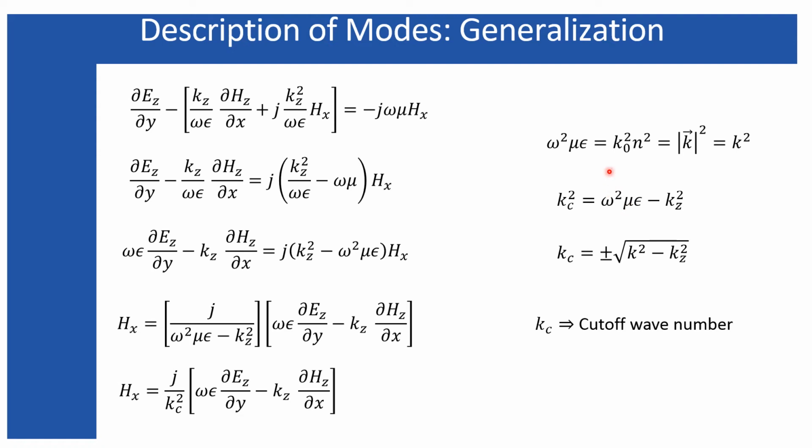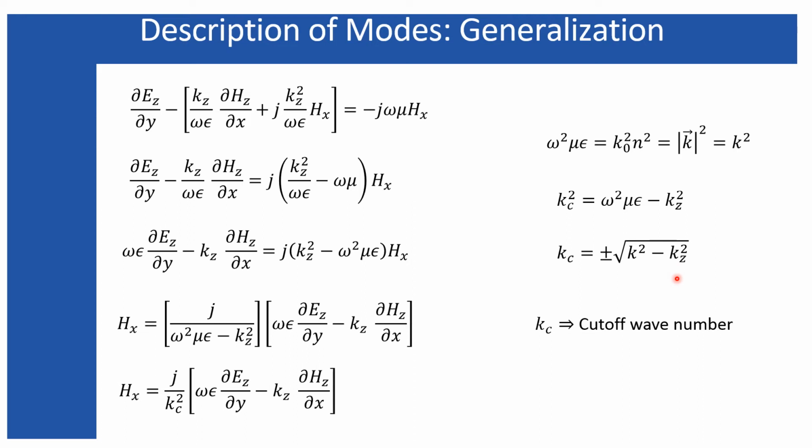So when you are modeling the properties of the medium in terms of wave number, that represents the maximum number of cycles that can be supported by a particular medium. Maximum number of cycles means cycles per meter with respect to the dimensions. That is why it is called the wave number. So the maximum number of waves that can be supported by a medium is defined by this k, while the number of waves present within the incoming wave is represented by this kz.